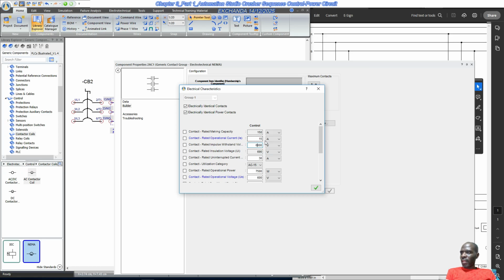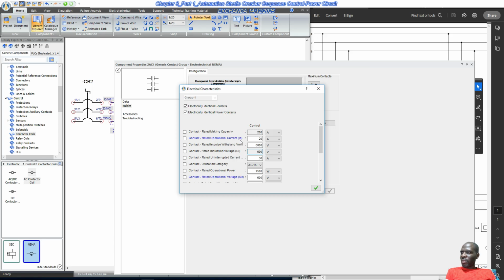Okay, so our motor is 15 amps times 10, that's 150 amps. So if I go for 20, then this should be 200. So contact rated making capacity is like 200, and then